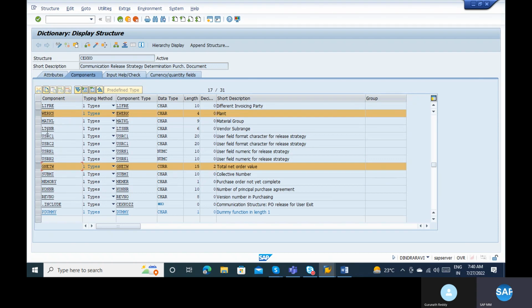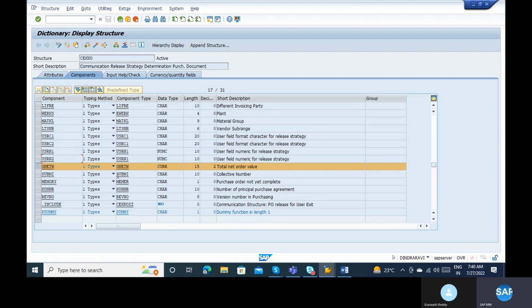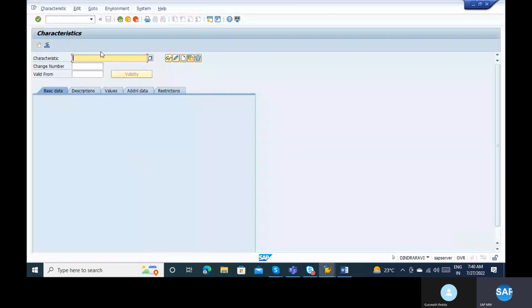Anyway, we have one plant, right? Let's take total net order value, purchase organization and order type. So as a simple example, let's take document type, purchasing organization, and net order value. Let me create some characteristics. You have to create your own characteristics, and I will show you how. First I'm creating one for the document type